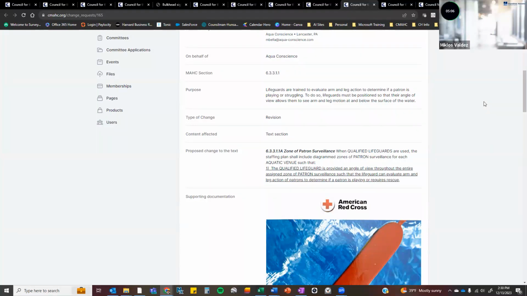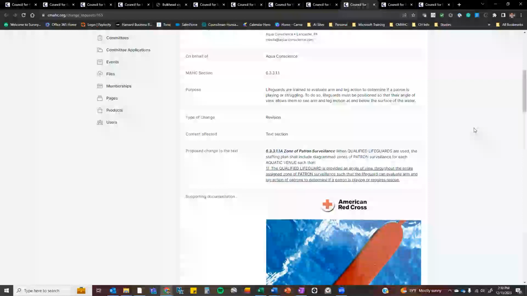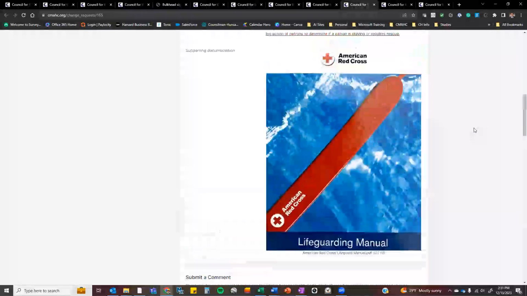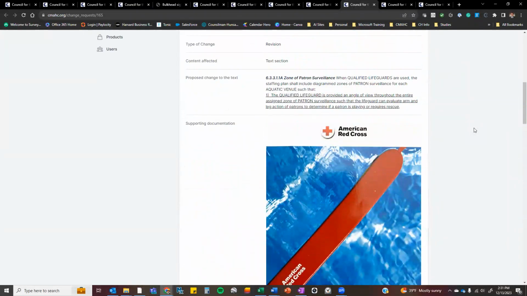63311. So this is the zone of patron surveillance section. Yep. Let me get to that one. This is 02, right? Yep. So this change request basically puts that same language into this current section. The current section reads, zone of patron surveillance when qualified lifeguards are used. The staffing plan shall include diagrammed zones of patron surveillance for each aquatic venue, such that they want to add to the list that's already there,